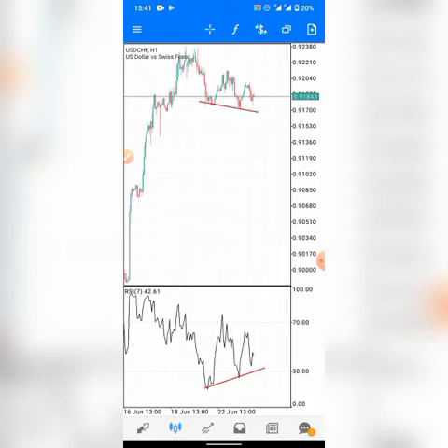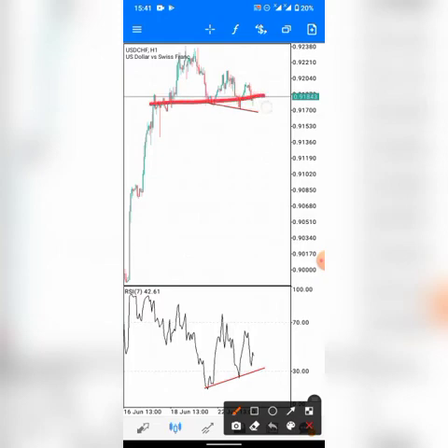Okay, so that's why sometimes it's actually good to switch to a higher time frame so you can see the bigger picture of what price is tending to do in the future. Okay, so you just want to catch the little move in the market. So this support and resistance here, don't forget about it. So price and indicator are moving in different directions. So it is this. Okay, so looking at this, you should know that I can actually just